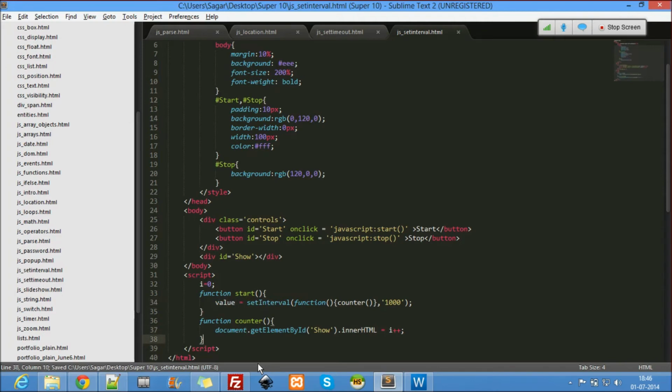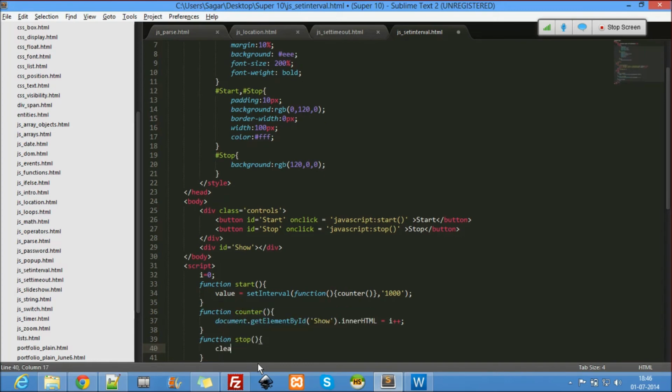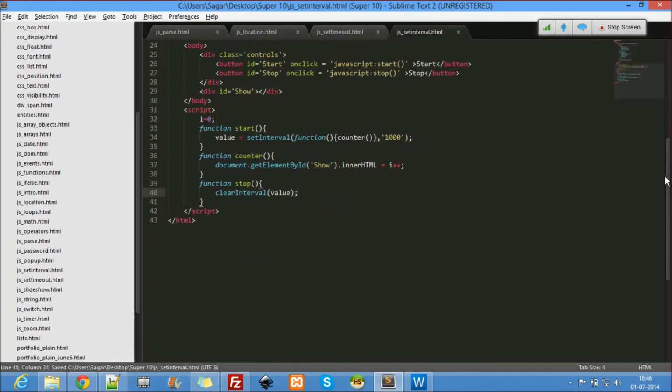Now if I want to stop this, on click it goes to the stop function. The function is clearInterval of that value, clearInterval of that value.